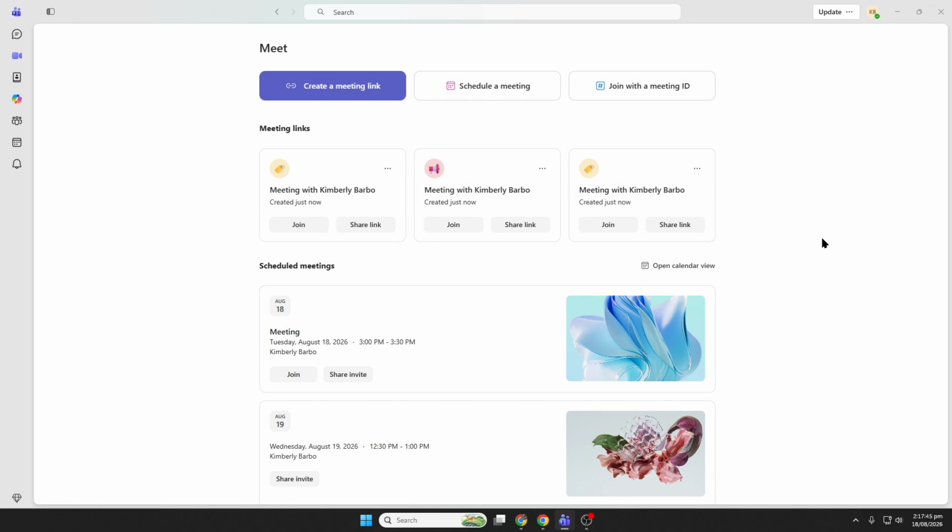When it's time to schedule a meeting, open Calendar and click New Event. Add your project members, enter the date and time,